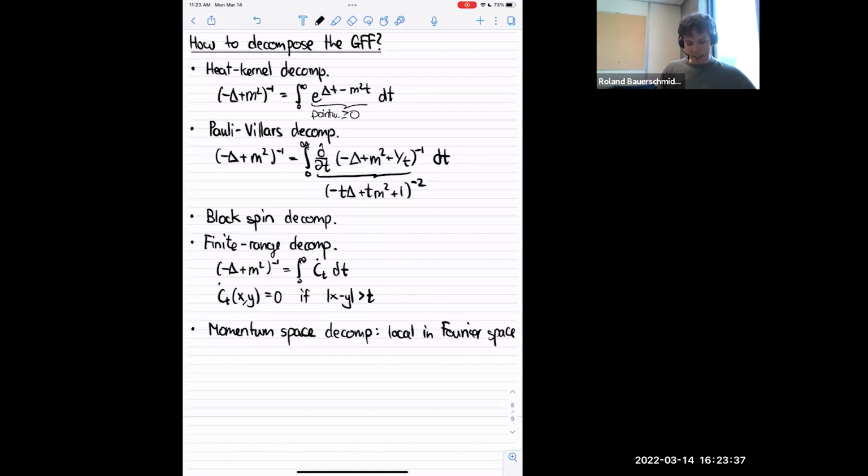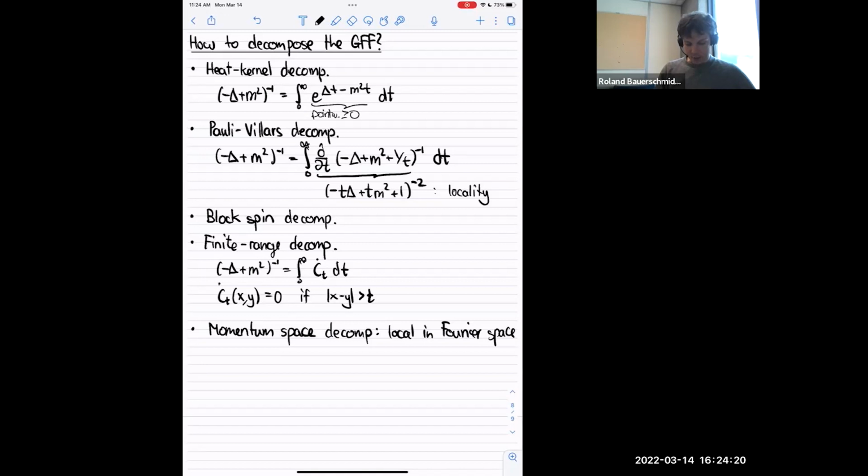The Pauli-Villars decomposition doesn't have such great decay. If you compare this to a heat kernel, it has a rather slow tail. And for that reason, it's not usually a particularly good decomposition, but it has other good properties, which is that the decomposition is a local operator, or it's the inverse of a local operator. And so in that sense, it often preserves the ferromagnetic property of spin systems, and others. So it has a locality property, which gives it nice properties.